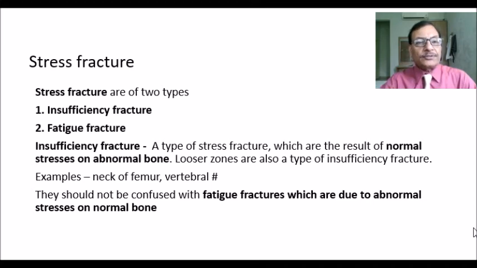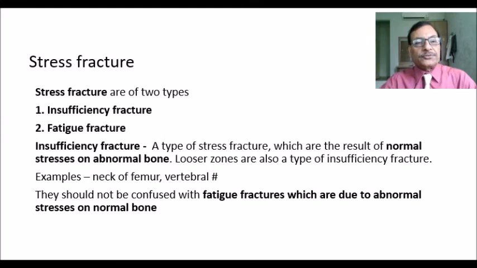Insufficiency fracture is a type of stress fracture which results from normal stresses on abnormal bone. So here the bone has become abnormal. The Looser zones in the case of osteomalacia are a type of insufficiency fractures. There can be a fracture in the neck of the femur in old age, or in the case of osteoporosis, vertebral fractures, they are the types of